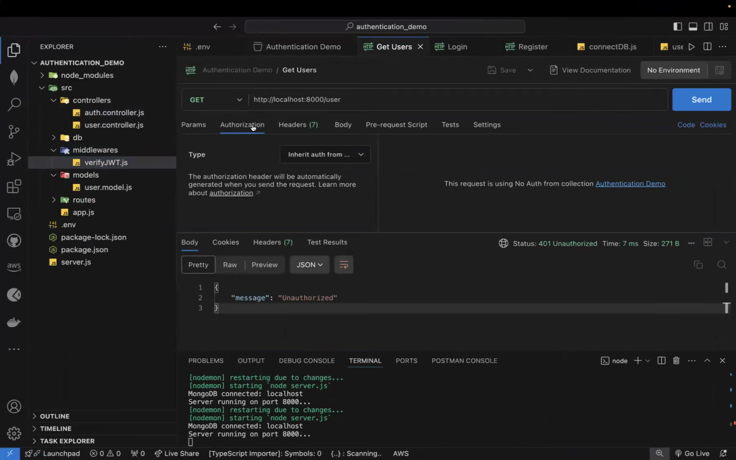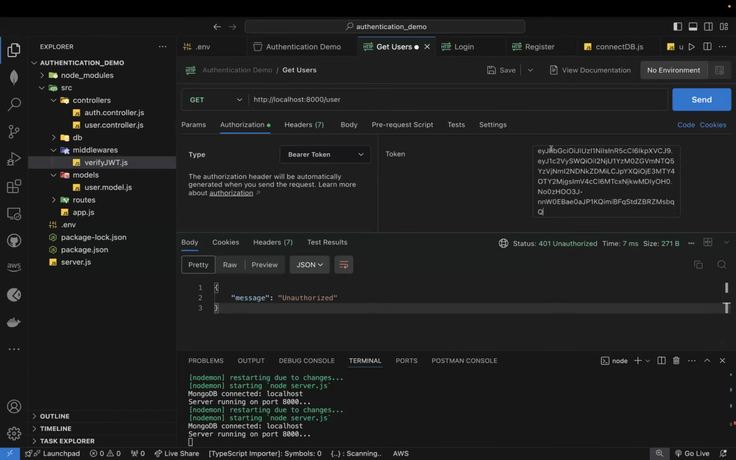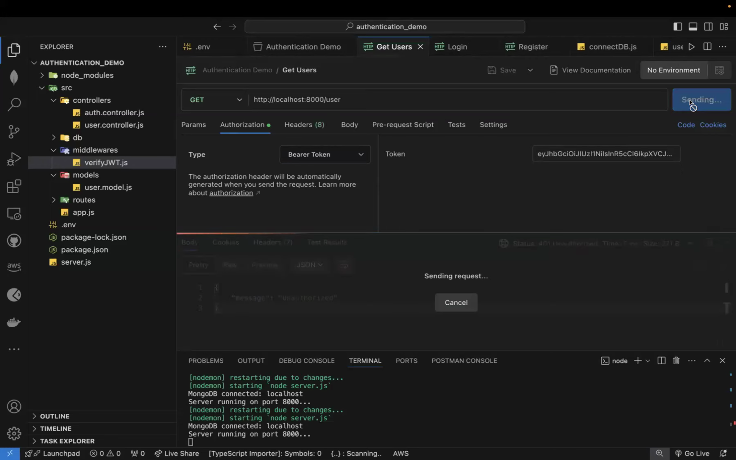Get users, authorization, I would say type. What type of authorization? Bearer. So it's a bearer token, not basic, sorry, bearer token. And I paste the token here as the value, save. Now watch. If I try to get users,